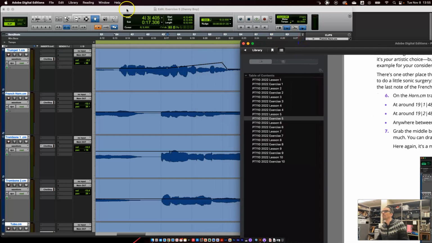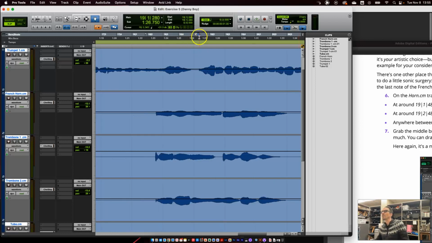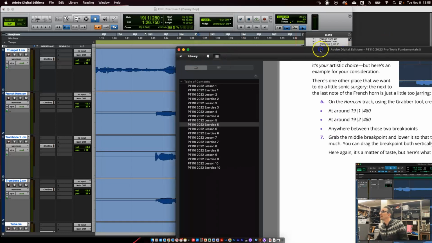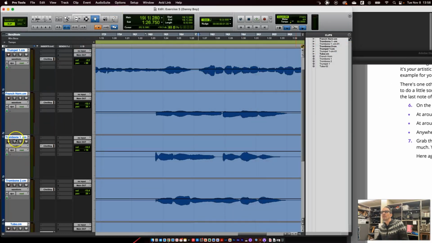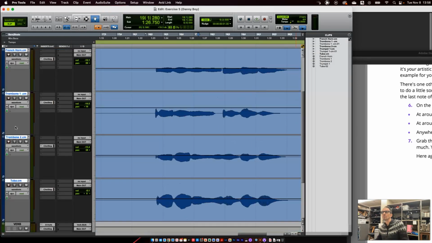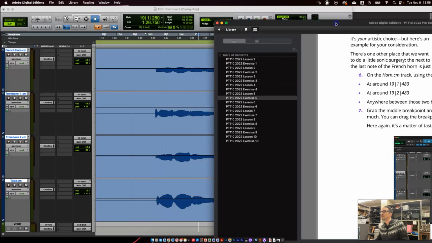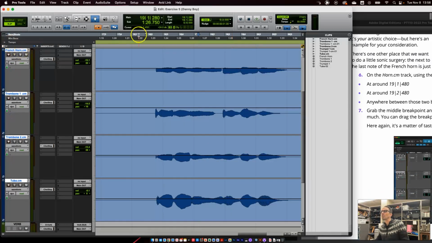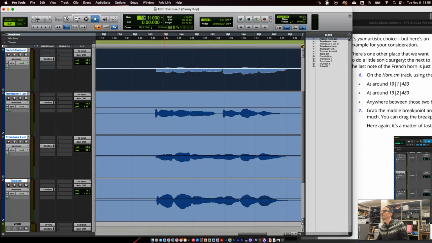Okay, so let's actually go there. 19.1, 280. As you can see, we're right there, and this is on horn, so it's actually on French horn. On the horn track. Oh, he means French horn. He means French horn. So on the French horn track, we want,